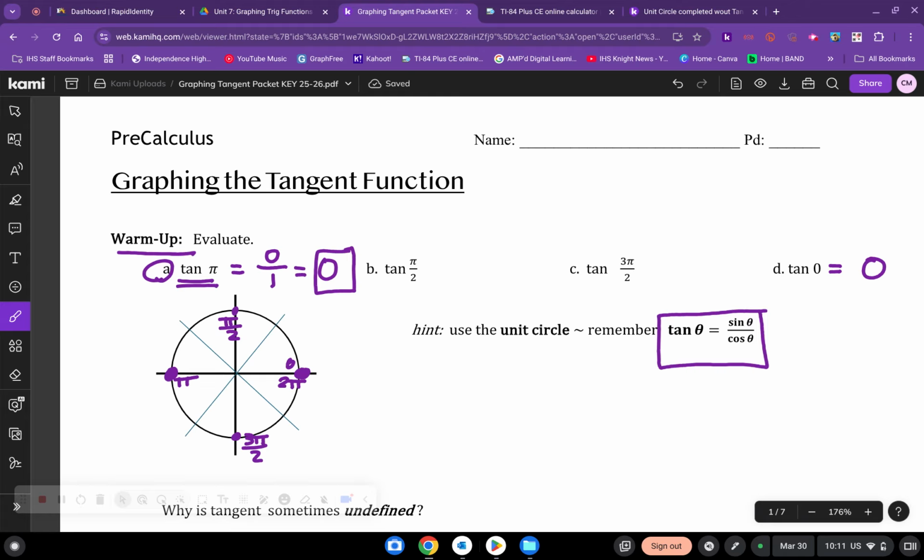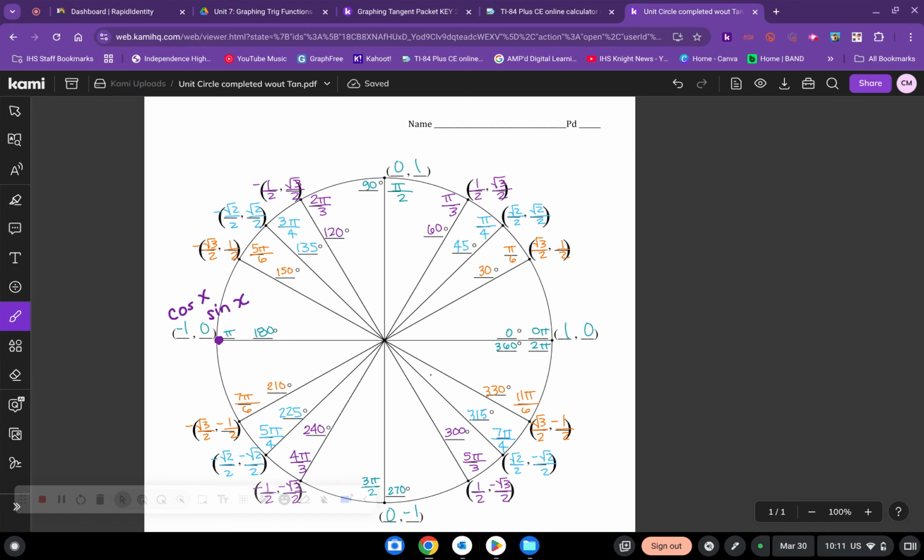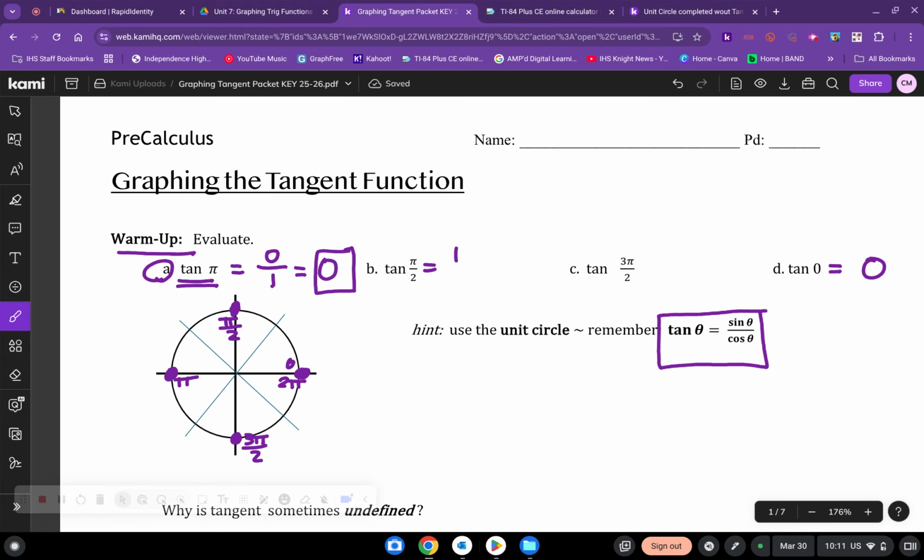The two angle measures at the top and bottom of my unit circle, at pi over 2 and 3 pi over 2. Remember, I need to divide sine divided by cosine in order to evaluate the tangent. So this is going to be 1 divided by 0, and down here at 3 pi over 2 it's -1 divided by 0. So when I do that, I end up with a problem because I'm not able to evaluate any further. Having 0 in the denominator of a fraction always means that my answer would be undefined,